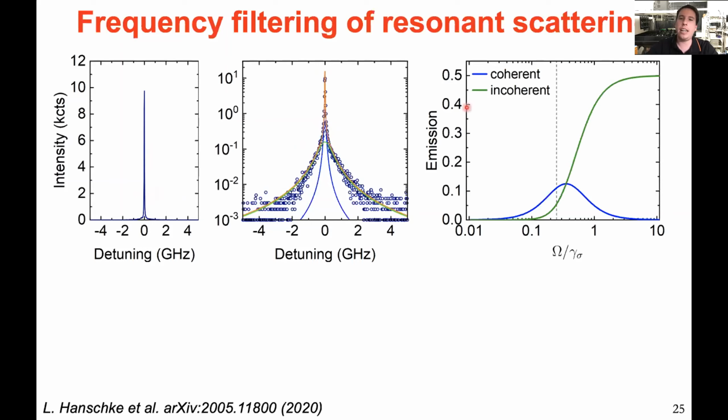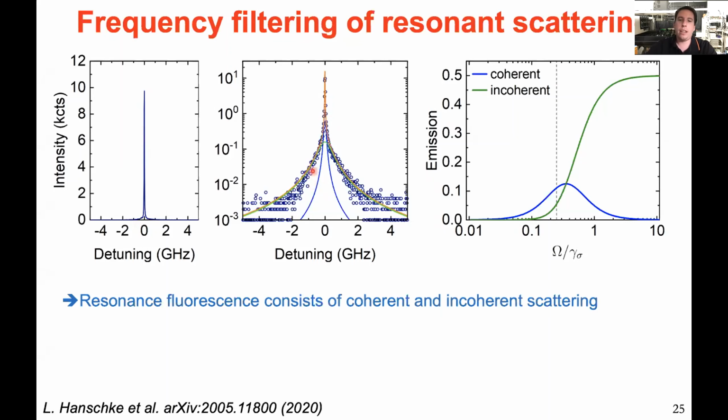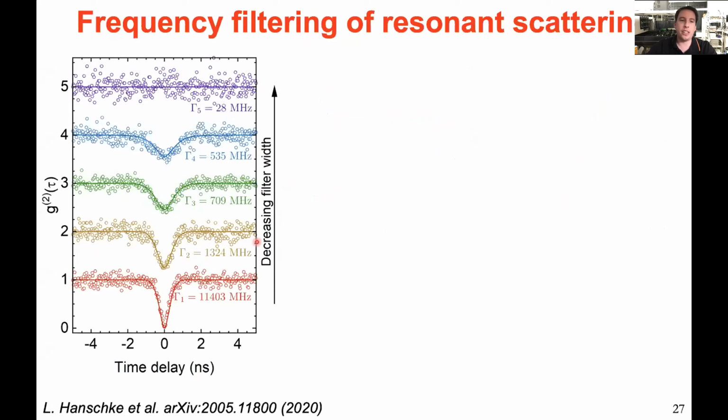You can simulate the coherent scattering and incoherent scattering as a function of the driving rate. And even though it looks like when you go for very weak pumping, the coherent scattering is dominating, the incoherent scattering is still not zero. It's spectrally significantly broader, which is why it doesn't appear as prominent when you don't plot the signal in a log plot, but it is still present. So you have the broad peak from the incoherent emission, and you have the small peak from the coherent scattering of the laser. So now we can frequency filter the signal.